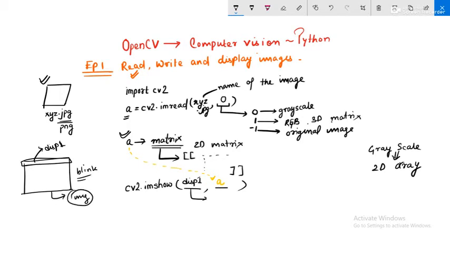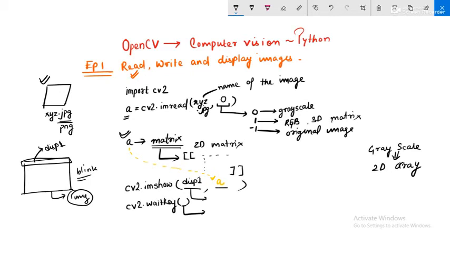So what we will do is use another keyboard binding function that is cv2.waitKey, and here we need to pass an argument. This argument can be any positive number, or 0.